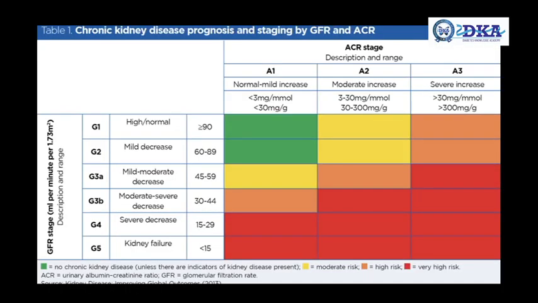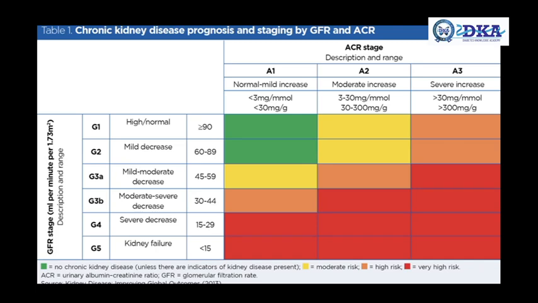So we have seen the two pillars, which are eGFR and albumin creatinine ratio. We are combining these two, and we are creating a heat map, which is popularly called the heat map for diabetic nephropathy, which consists of green, yellow, orange and red areas. We are more concerned about the areas which include the orange and red, which should be referred to a nephrologist